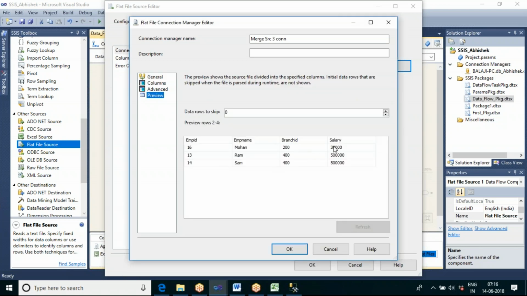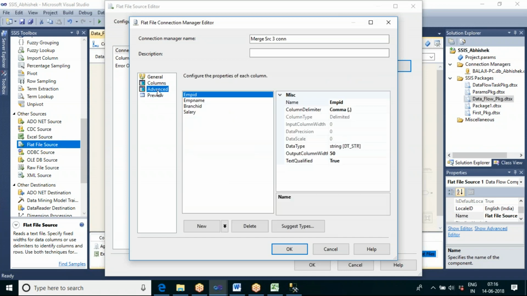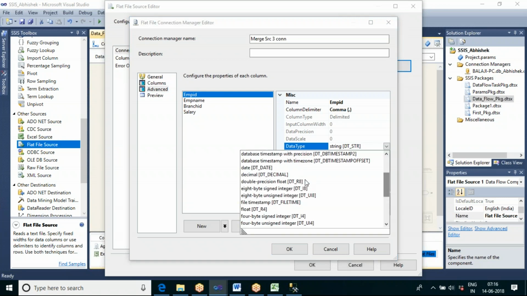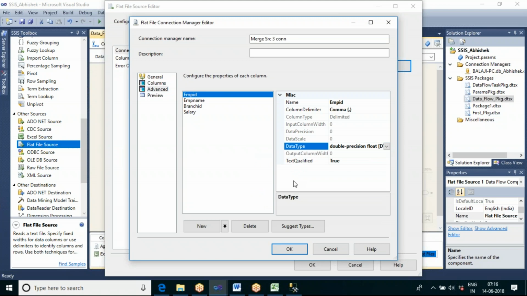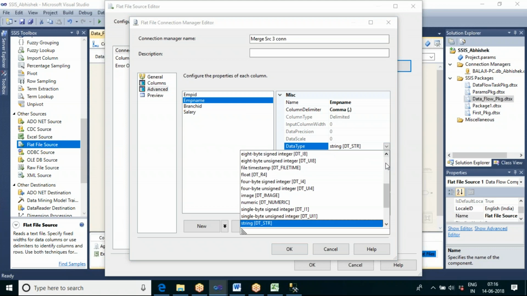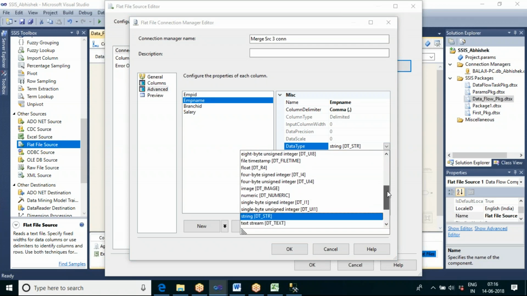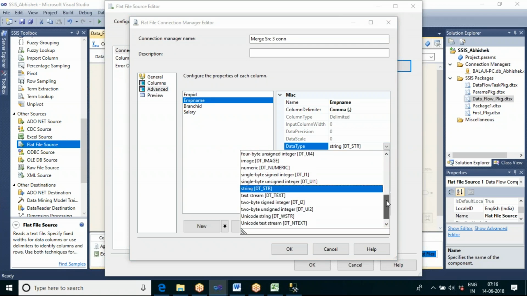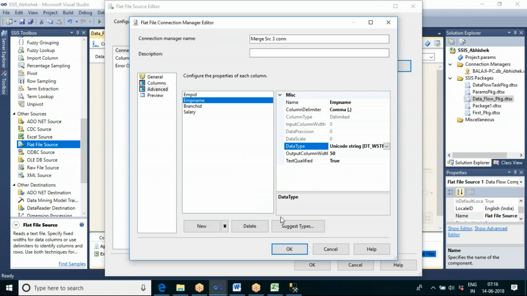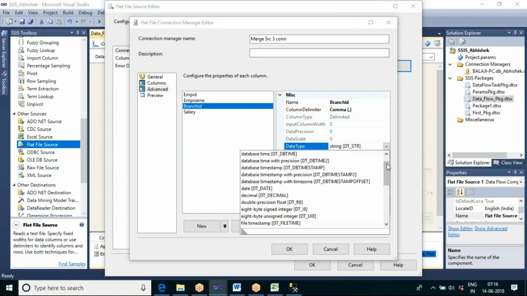Go to the advanced tab, and here itself let us convert the data types. For employee ID, from the other two sources it is coming as R8, so let me convert it here itself. Employee name is WSTR, it is coming as WSTR from the previous two sources. For branch ID, let me convert this into R8.